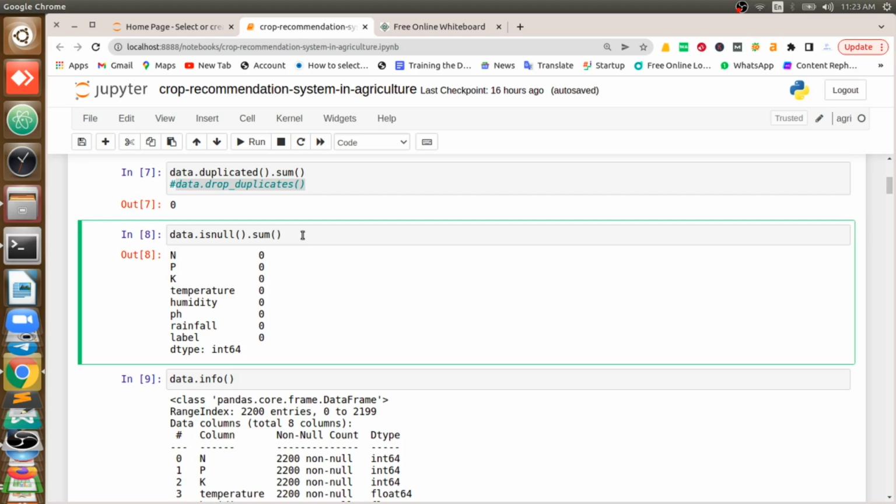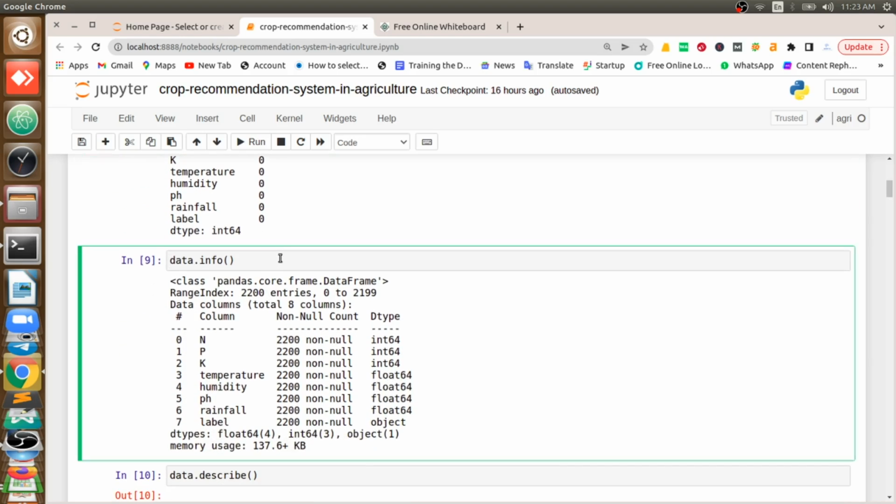The first option is to remove the entire row itself. In which row there is an empty cell, remove that entire row. If you don't want to remove, there are two options. Either you can go with mean. It means you take one column, you take the mean value of that column and replace the empty spaces. Median is also the same. If there is a column where a few values are missing, then we will take the median of that column and we will replace those empty values with the median, like that. Okay,